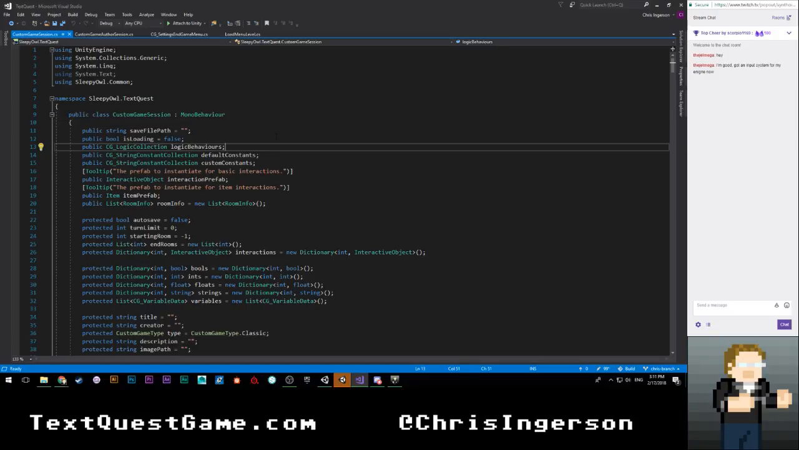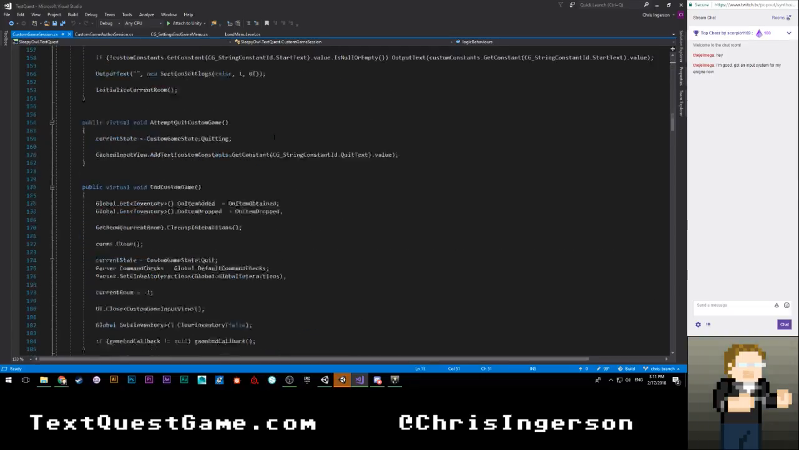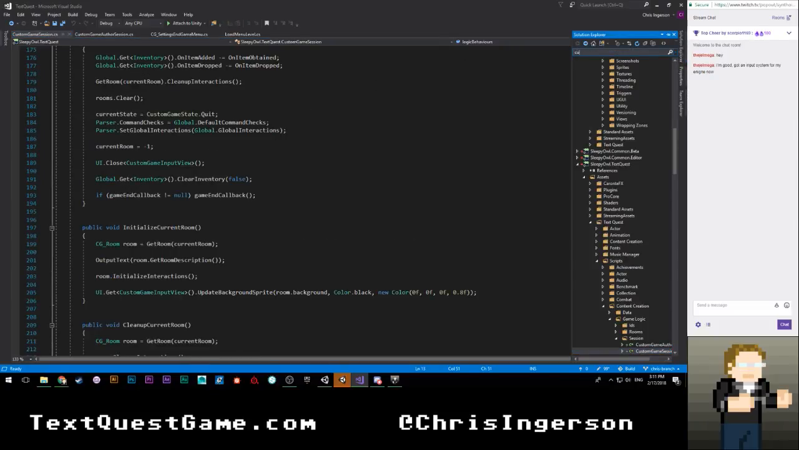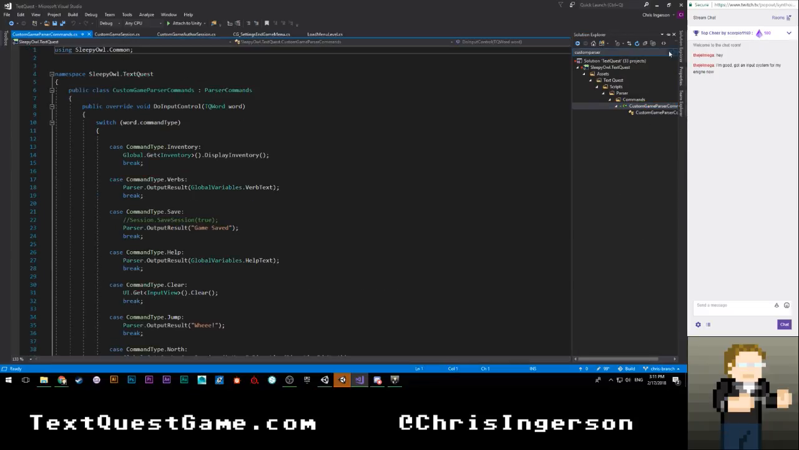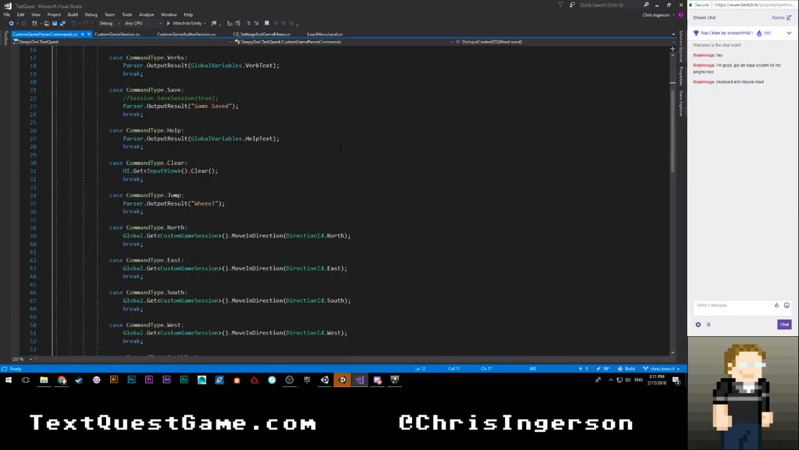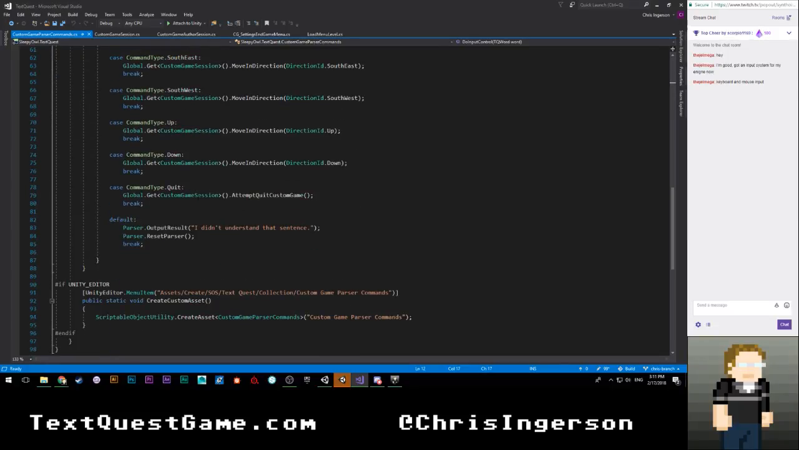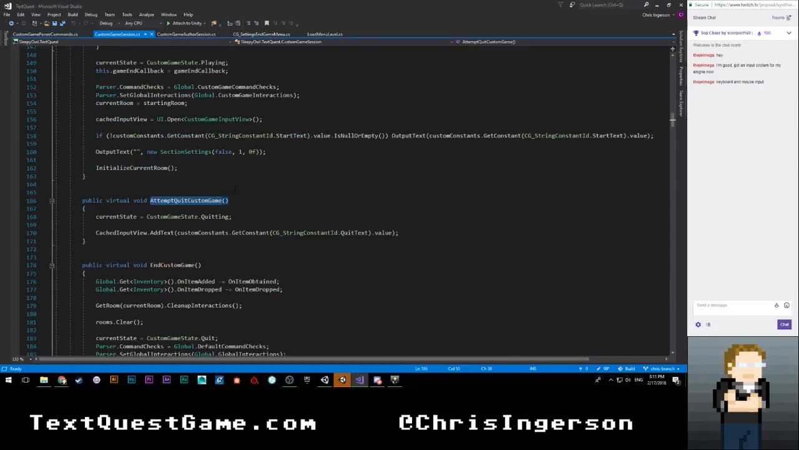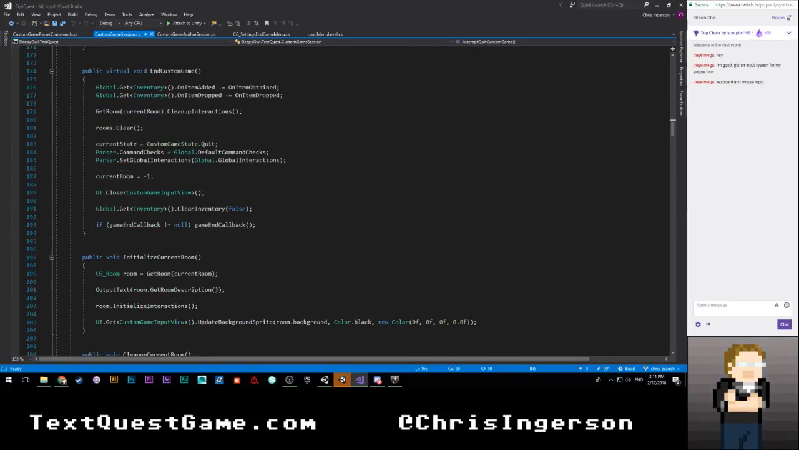Let's see here. So we're going to want, oh, you know what? Probably we're also going to want custom game parser commands. I think we're going to need that. Let's see. Quit. Attempt quit custom game. If we go to this definition, that should point us where we want. Cache input view.add text, custom constants, blah, blah, blah. All right, in custom game,